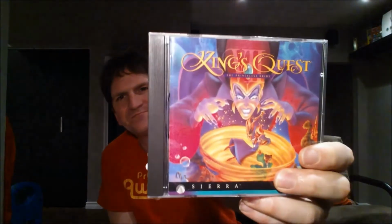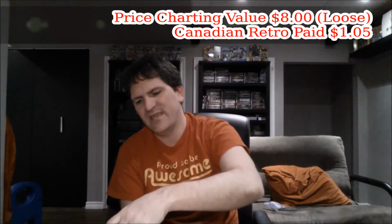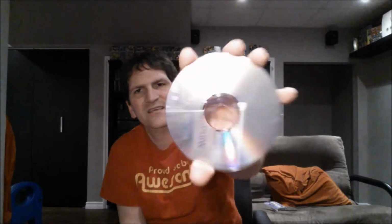And it's a copy of King's Quest VII, The Princeless Bride. And for this one here, like the label says, $2, but again, this was half price, so I ended up paying $1.05 for this, so pretty sweet. It's complete, but I think this probably came in like a long box kind of deal. The disc is perfect. Probably came in a box with like maps and things like that, so it's not totally complete, I don't think, but pretty cool right there to get that for, you know, basically just a little over